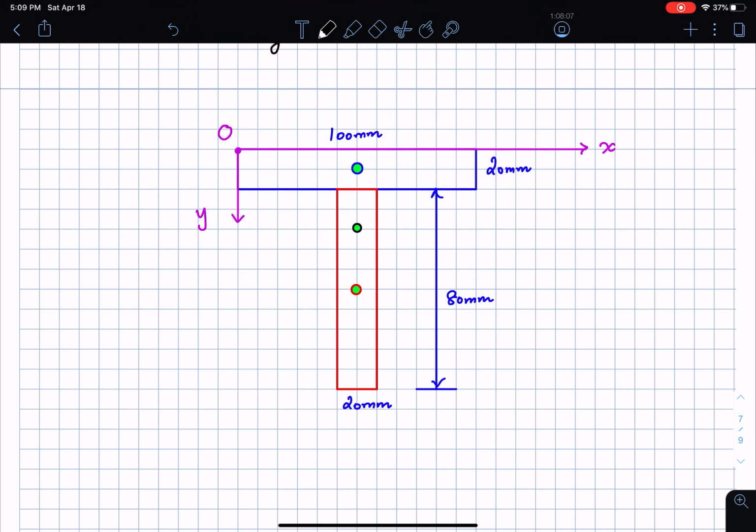Okay, so this is going to be centroid C1, this is centroid C2, and then this is the centroid of the entire body, which is the location C. Okay, and if I write out from here, this location is going to be